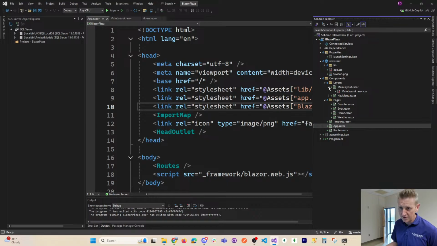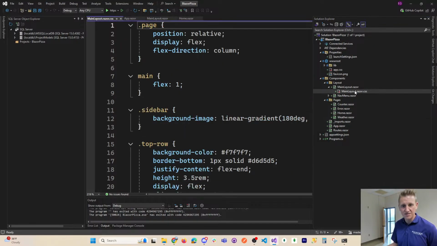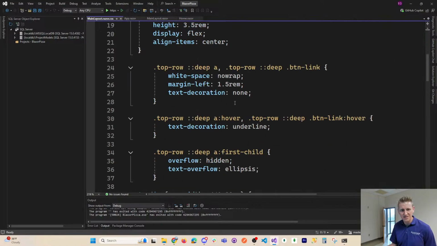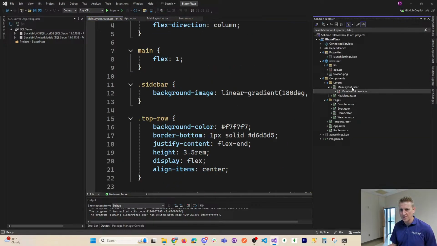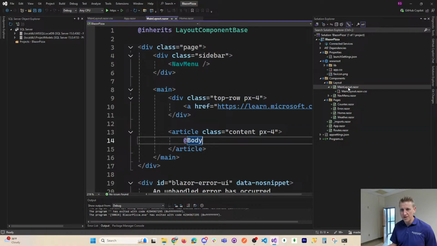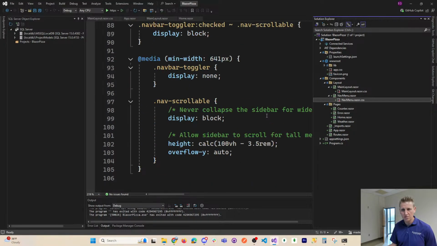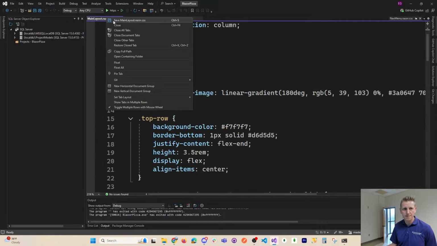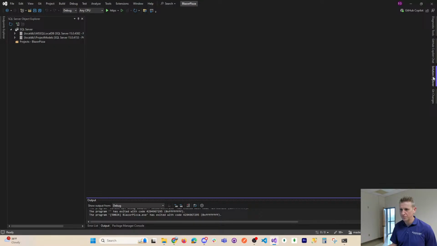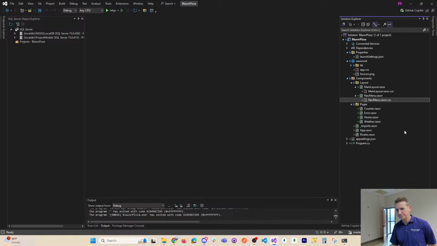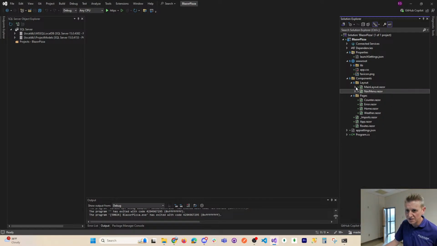Now, these also have associated CSS files. The main layout Blazor CSS is used for the main layout, and same thing for the nav menu. And the imports.Blazor. Let's find